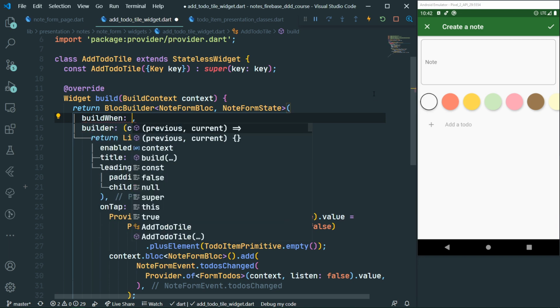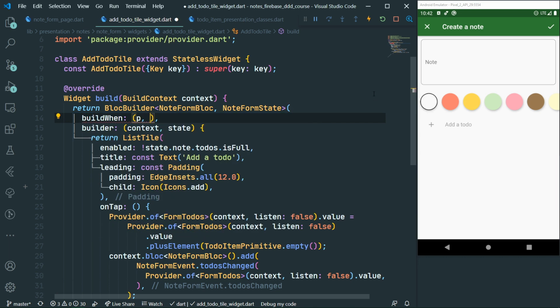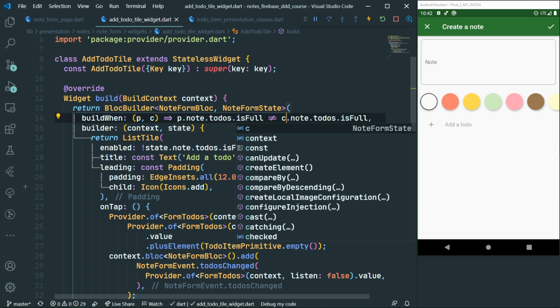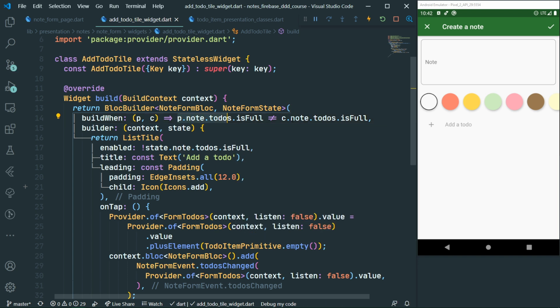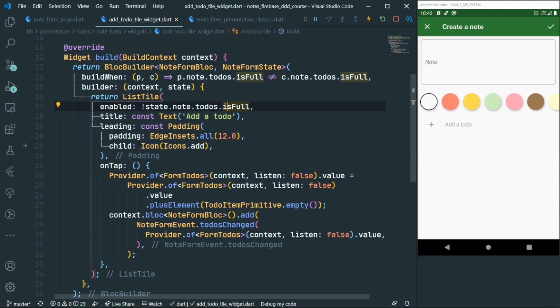We can just build this when the previous state p and current state c do not equal in just one property, and that is p.node.todos.isFull, right? So only if the isFull property's value changes, so the previous value is not equal to the current value, only then do we need to rebuild this whole